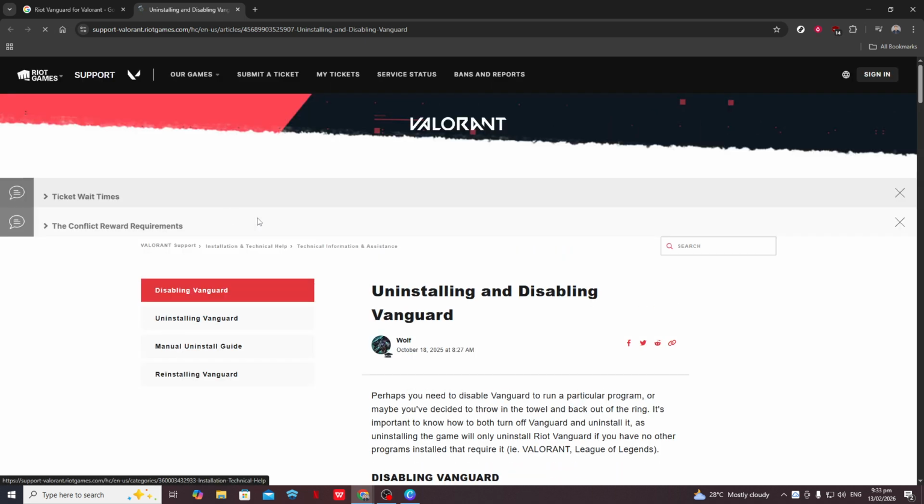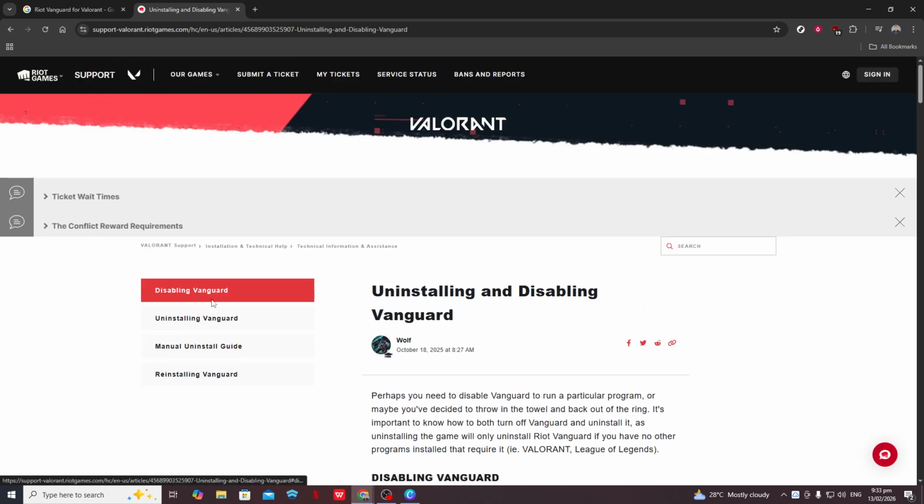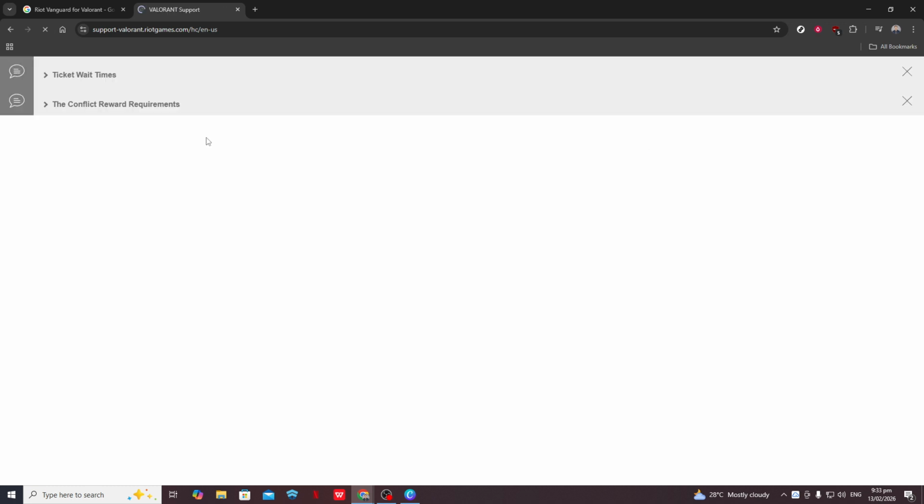The Riot client will open, and you'll sign in or create an account. Follow the on-screen steps to install Valorant. During this process, Vanguard will be installed automatically in the background. You may see a system prompt asking for permission to make changes. Select Yes to continue. When the client asks you to restart your computer to complete Vanguard setup, go ahead and